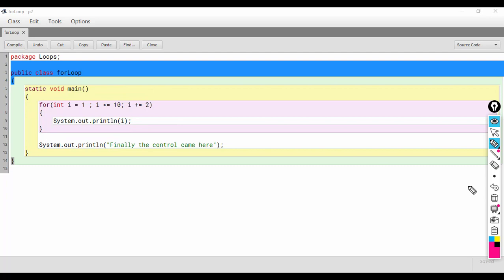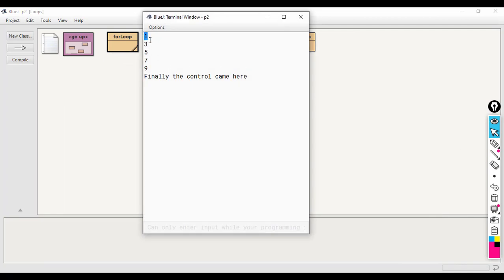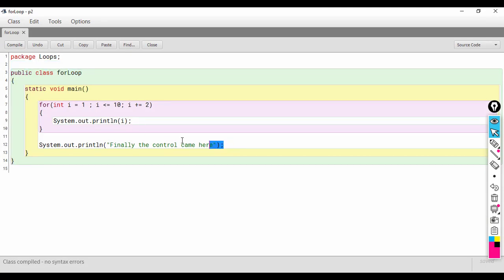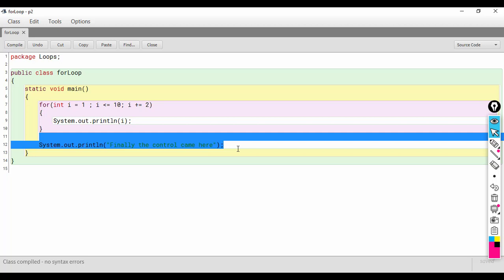So let us see the output for this. You can see that after the loop has completed its work, that is it has printed from 1 till 9, only then the control reaches the statement which is present on line number 12. So when the control exits the loop, the remaining code below the loop gets executed.